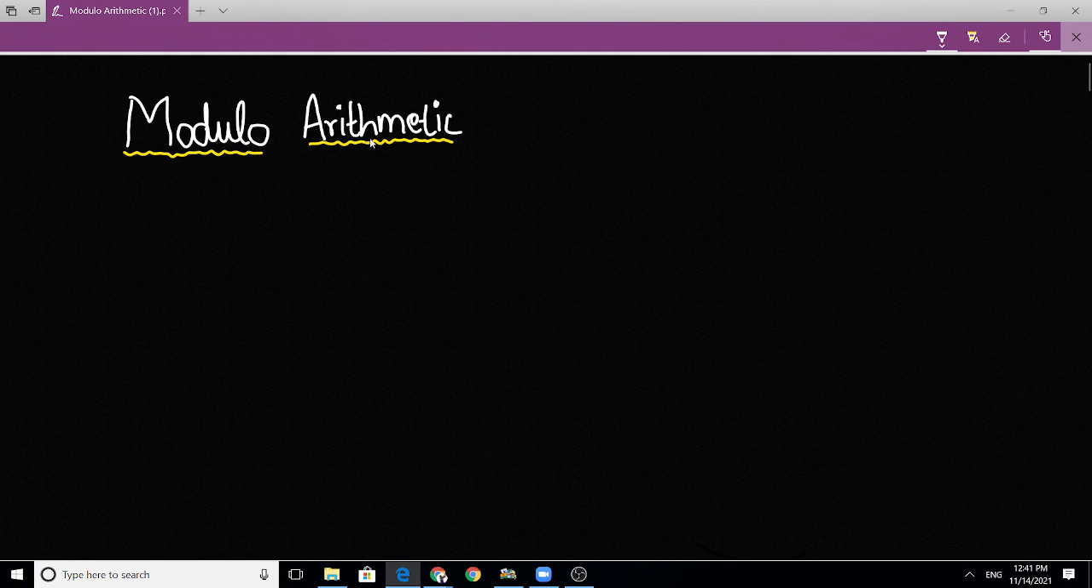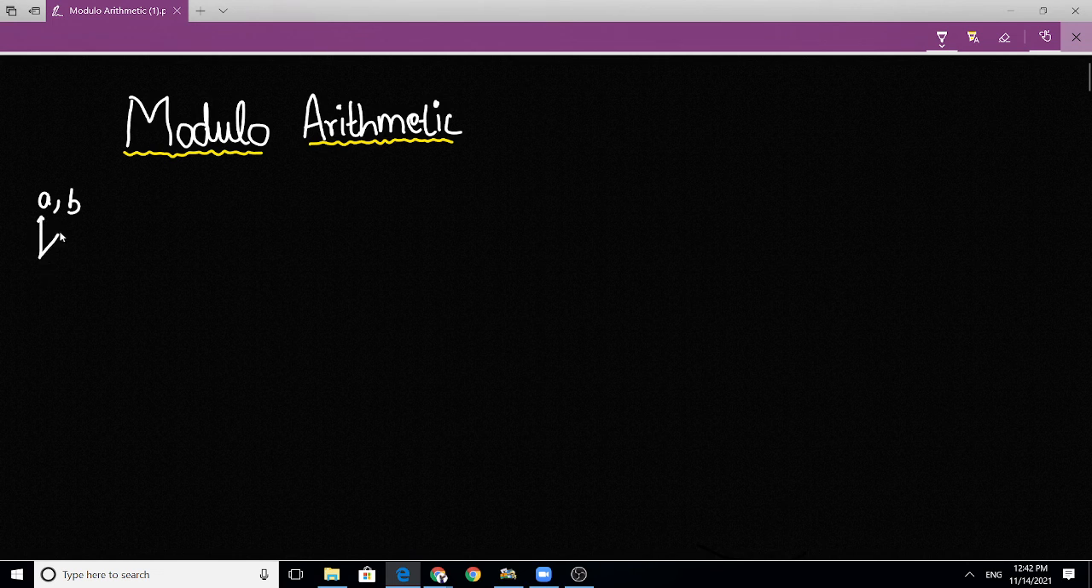So what's modulo arithmetic? I'm going to define it, and then I'm going to explain. If two integers a and b have the same remainder, then we say they are congruent modulo m. It is fine if you don't understand this, because if you're learning it for the first time, you wouldn't. So let me take two numbers a and b,